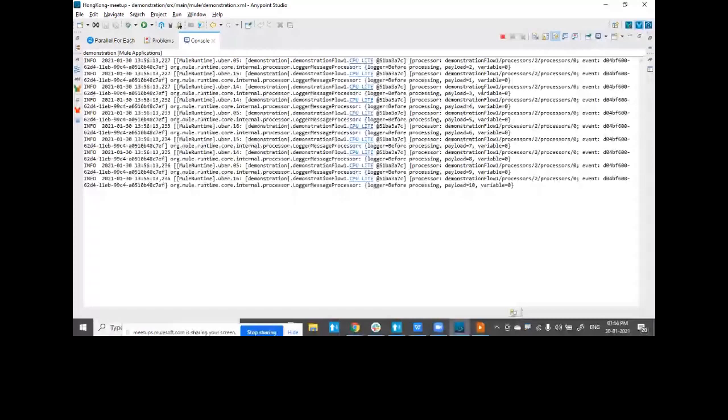Then the next 3 records, 4, 5, 6, are pushed. Then the next 3, 7, 8, 9, and finally the 10th record is being pushed. Now we have already understood one fact: within parallel for each scope, we cannot guarantee the execution sequence.